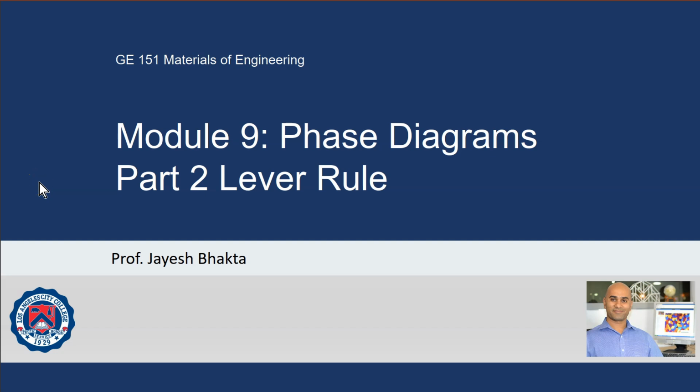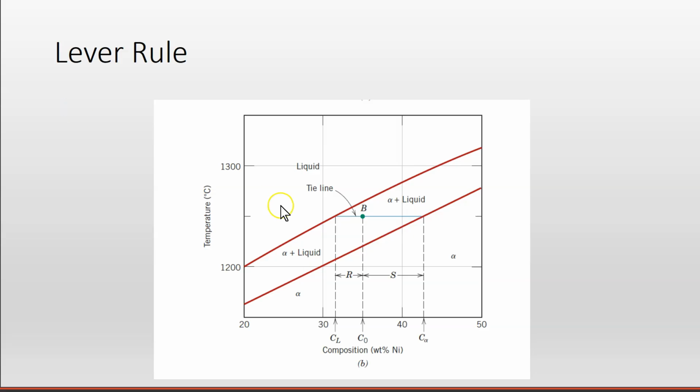Module 9 phase diagrams, part 2, the lever rule. Let's look at a part of the copper-nickel phase diagram that we were studying in the previous part. We understood that we could see which two phases were in equilibrium at a given temperature. So if we call that temperature T1,